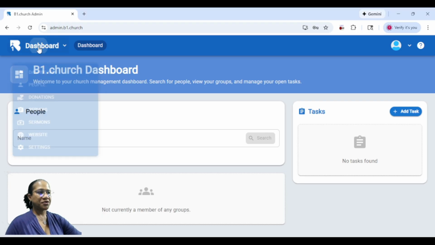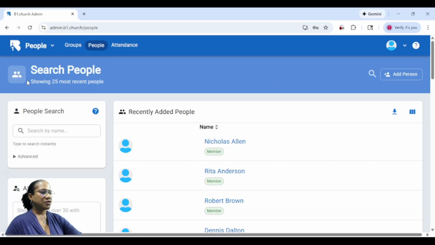From the dashboard, if we click on people, you'll see that B1 gives you a list of all of the members, visitors, or staff who are listed in your system. Now, just a FYI, you can either import these in or enter them in manually. I just so happen to have imported some fictitious names. So we're just going to walk through to show you an example of what you can do